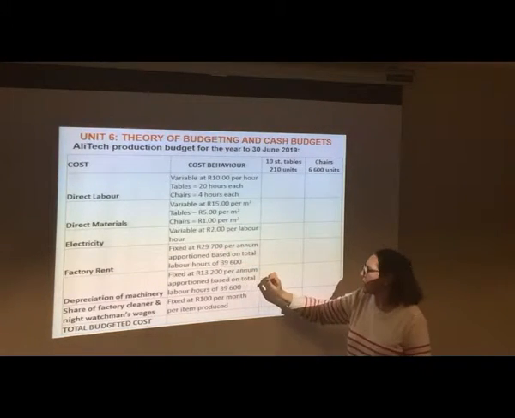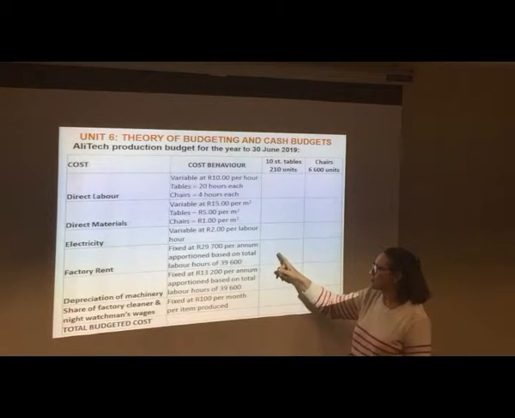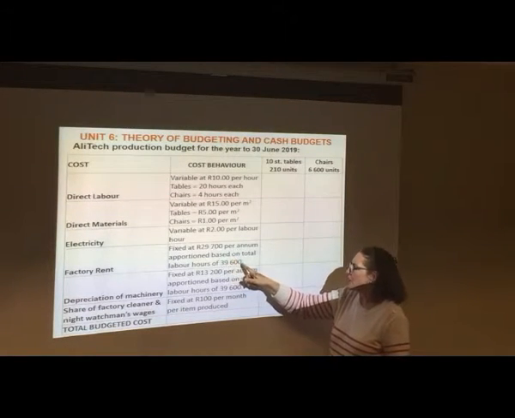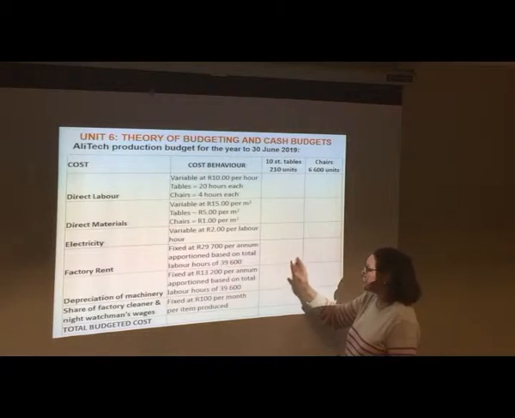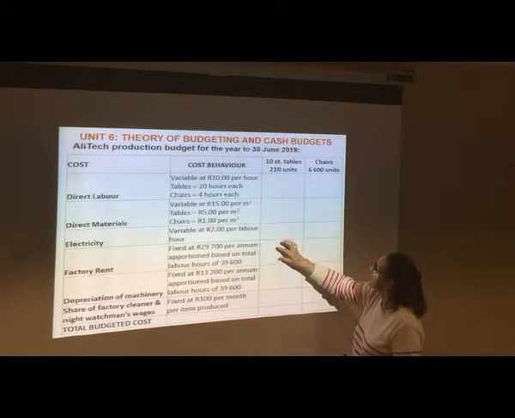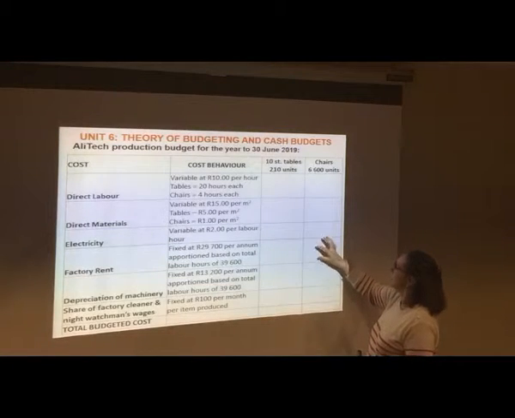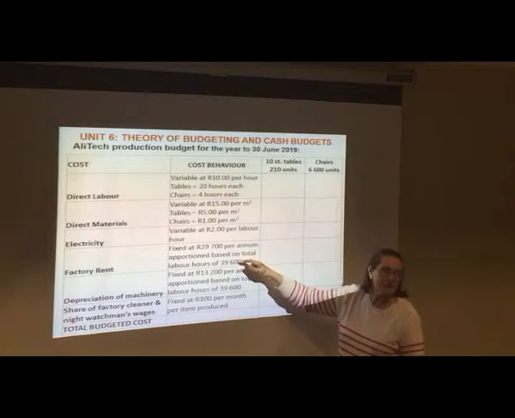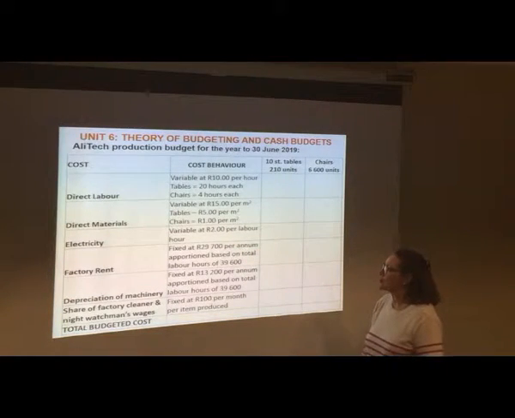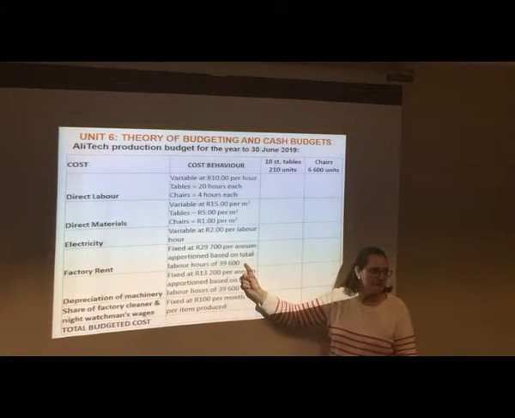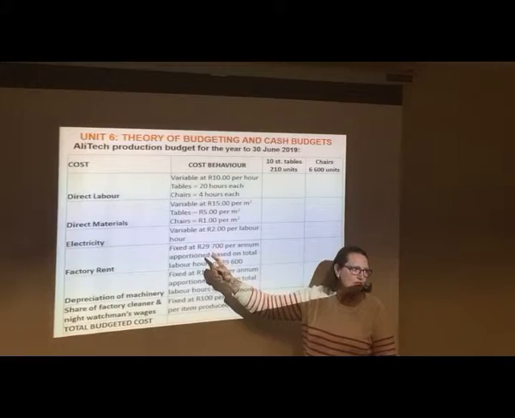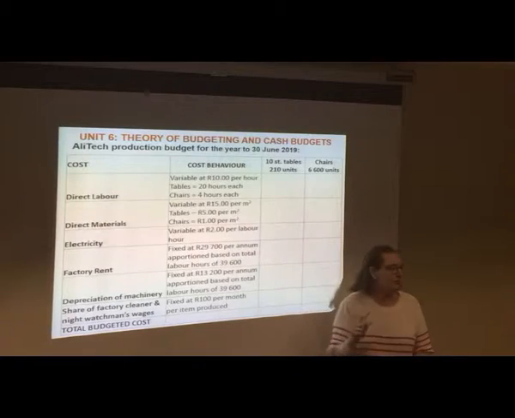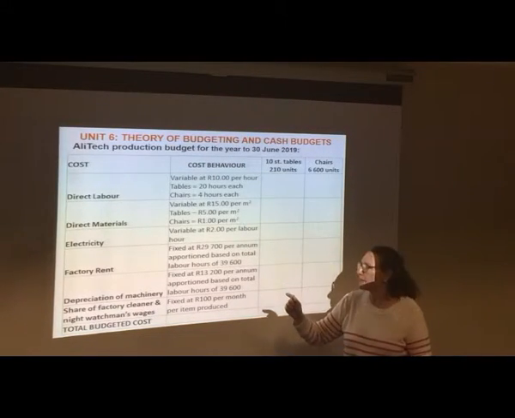Is the rent is a fixed amount, but it's being apportioned based on total labor hours of 39,600, okay? So you need to work out of this total labor hours of 39,600 for these 2 items, how many belong to the 10-seater tables and how many belong to the chairs. So it's the same basis as saying it's 29,700 based on labor hours, okay? So for example, do you understand what to do here? You're going to take the cost of 29,700. Okay, you're going to divide it by the 39,600 labor hours. Then you've got a rate per labor hour. Okay?